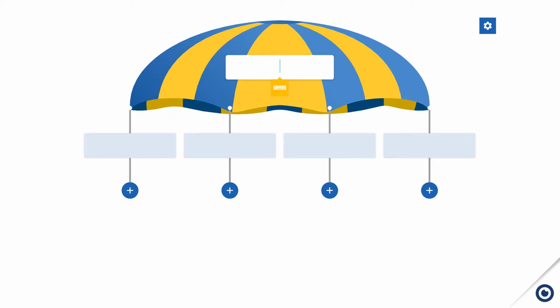You can do this with the presenter keyboard by clicking on the keyboard icon or with an actual keyboard that is linked to the device. Add a category word in the white plane at the top. You can add words in the blue cards that belong to this category under the parachute.